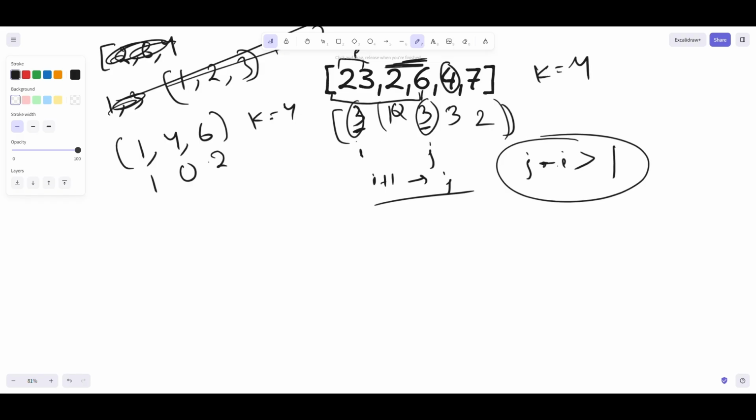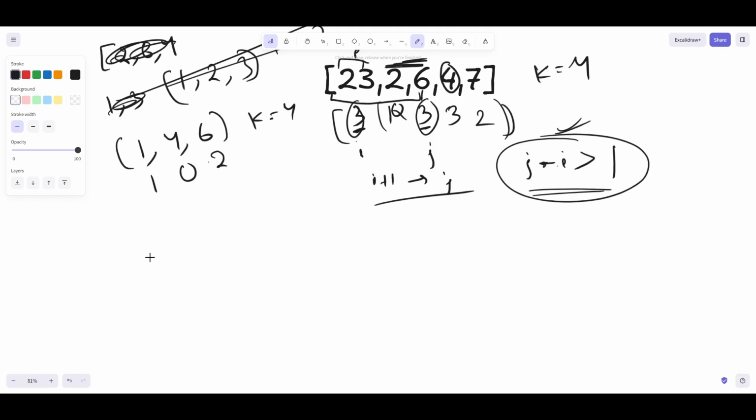Okay, of course it won't be 0, but we shouldn't have anything other than this. So that will be the condition: j minus i should be greater than or equal to 0. If it is not, then we have to check further. So that condition we have to apply. Here for this we have to store the index with the